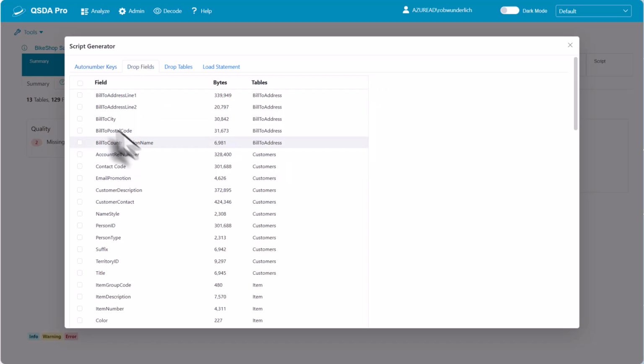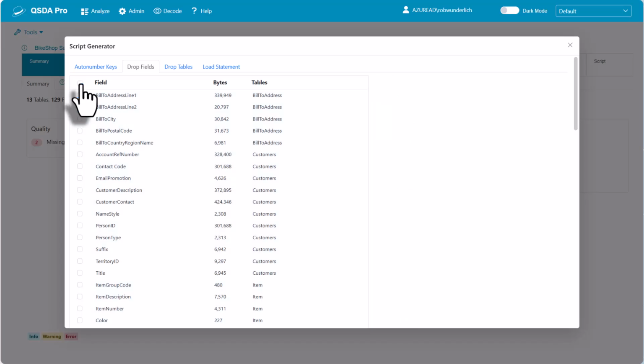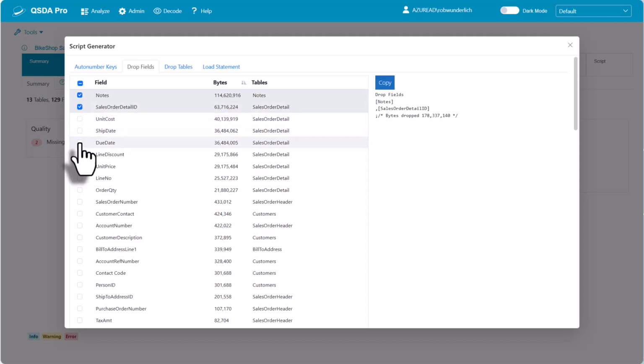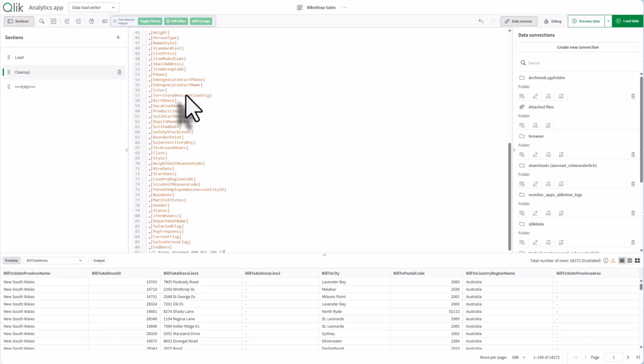Next, I'll drop fields that are unused. So these are the unused fields. And I can accept all the recommendations, or I can go through and pick just the ones I want. If you think you're going to pick and choose, because you want to save some that you believe you might use, it's a good idea to sort by bytes because you want to drop the largest ones first. That's where you're going to get the biggest benefit. So if you're looking at savings, you can start going through this way and skipping around. I'm going to go ahead and just take all the recommendations, copy, paste,